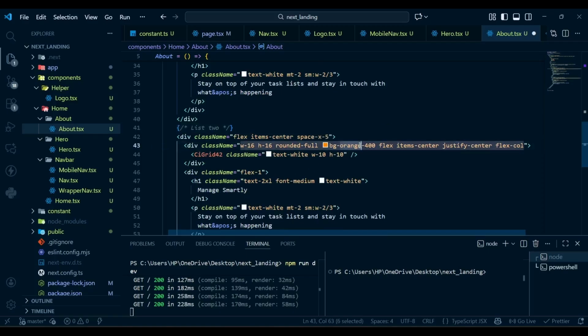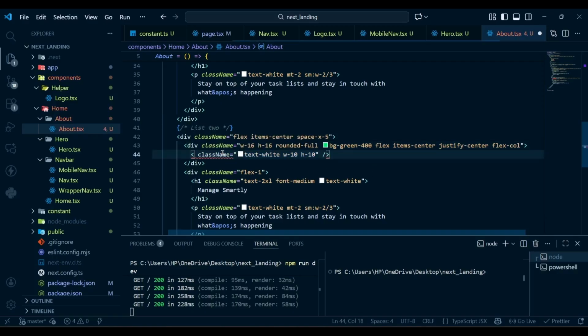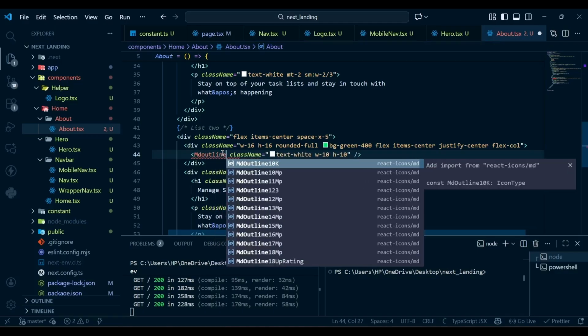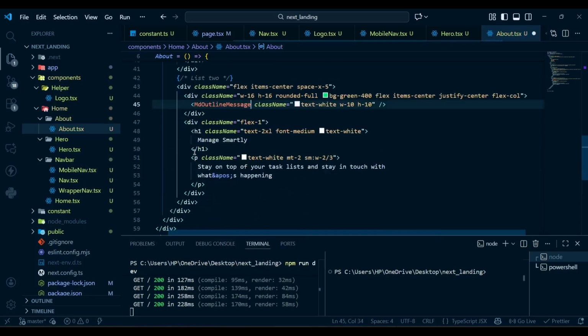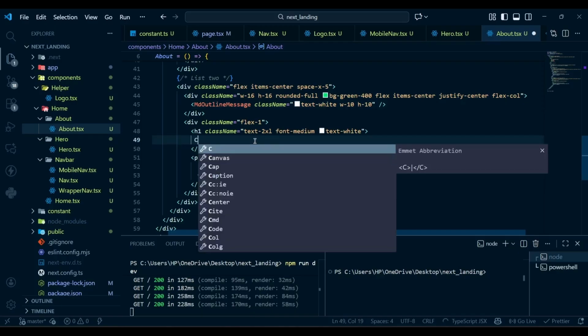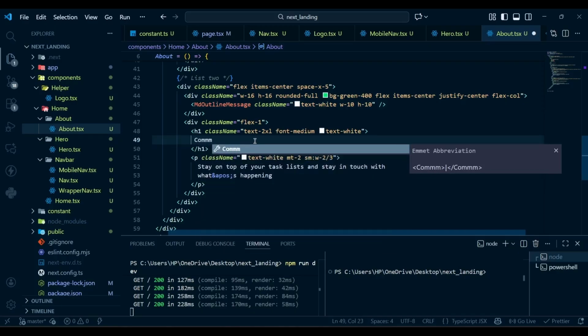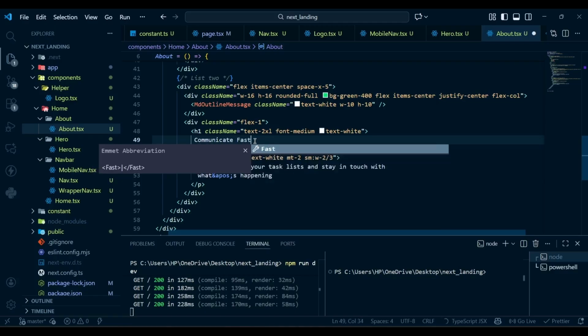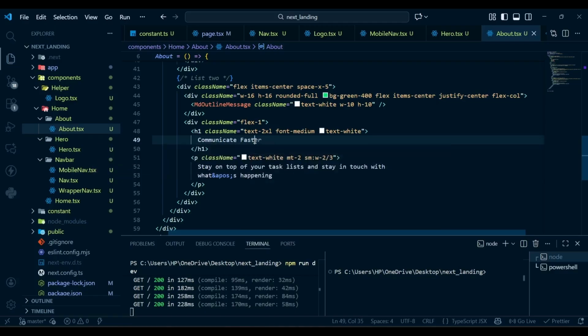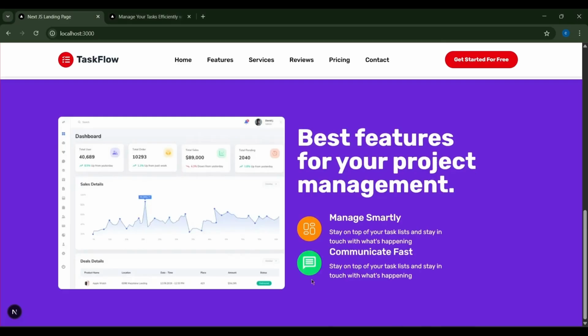So here the background will be bg green 400. We're going to change the icon here. We're going to use md outline message. That's it. And we're going to change the title here, and this one will be communicate fast. That's it. So now if I hit save and go to our project, so here we have it, but we don't